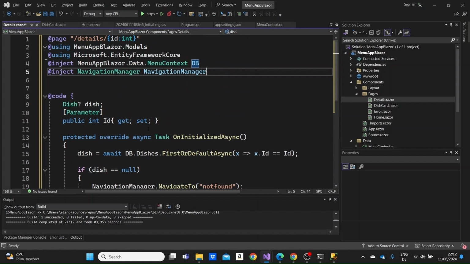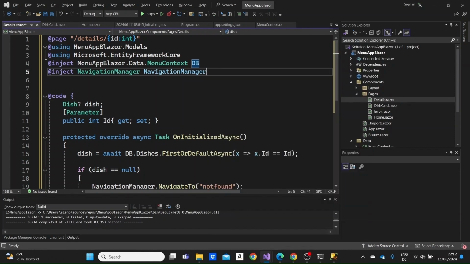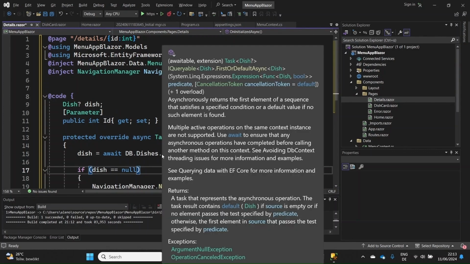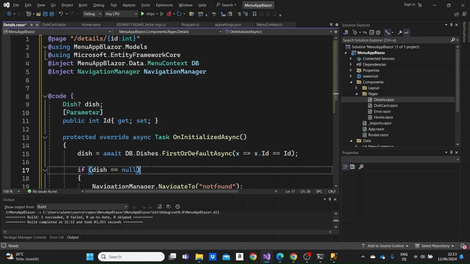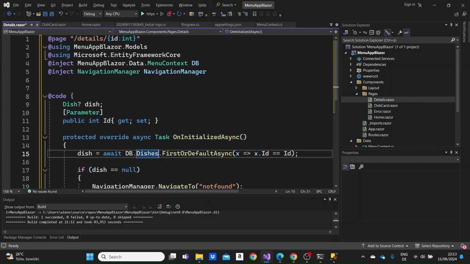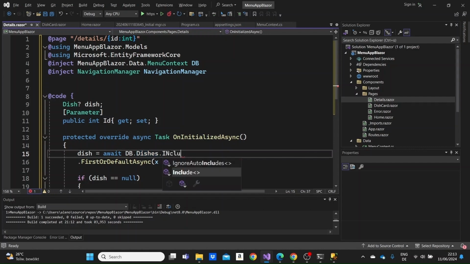So just one last thing. Here we are taking the dish from the database that has the ID that we get from the route. But one thing that would cause us an error here is that we want to display not only the information for the dish, but also its ingredients. Because the dish has a many-to-many relationship with the ingredient model, after we access the dishes, we need to write the include method